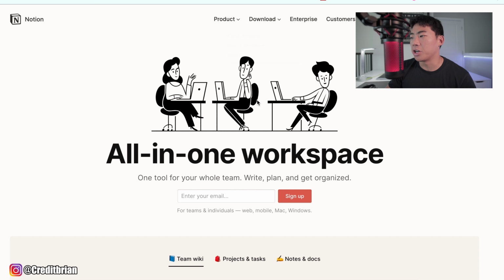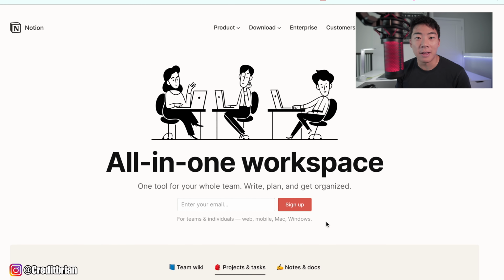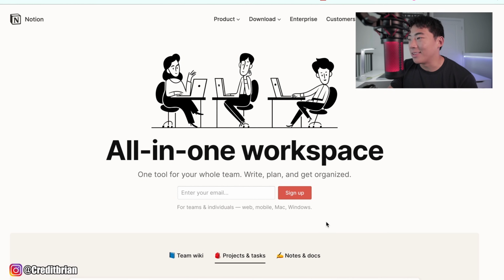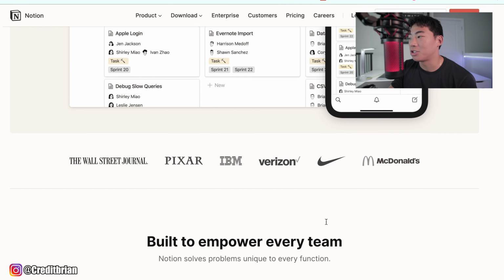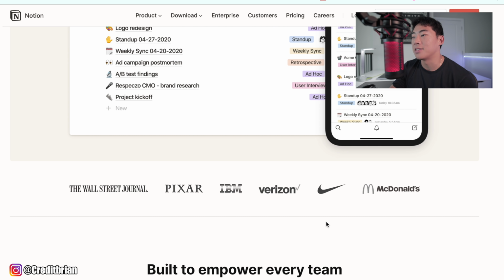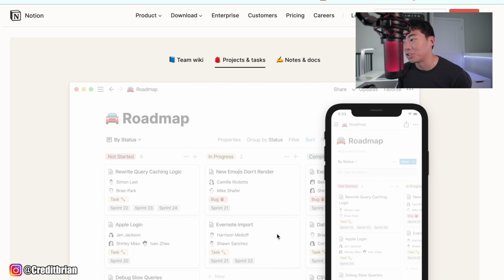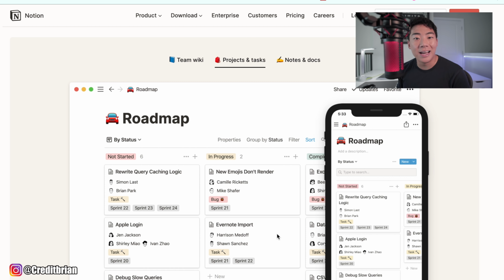All right, so Notion is just pretty much a productivity app. If you guys have ever used the note section of your phone, if you've used Google Docs, Google Drive, or if you've used apps like Evernote or Trello, Notion is pretty much similar to those apps, but there are other customization features that Notion offers that you just can't achieve with some of these different brands. Now, scrolling down, I think the easiest way to explain what Notion is is to just show you guys the homepage and pretty much how they advertise themselves. You can create these templates and you can create these organizational blocks and structures that pretty much just make things a lot easier to use.